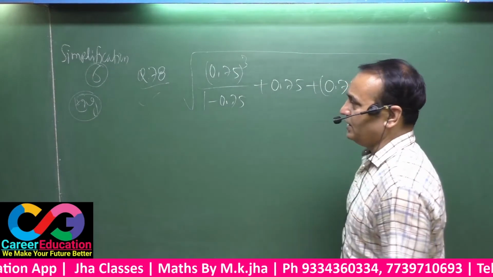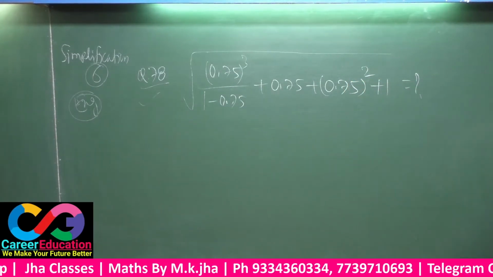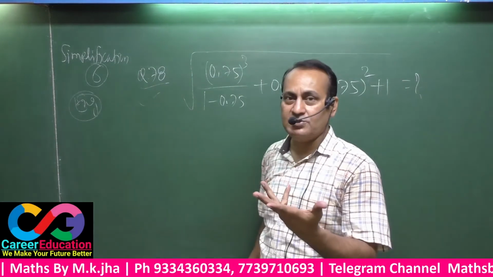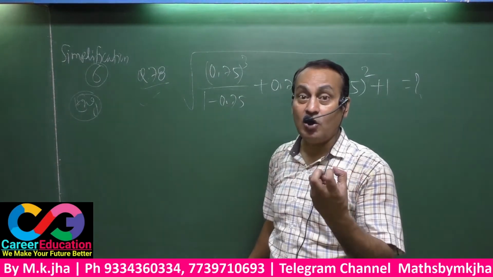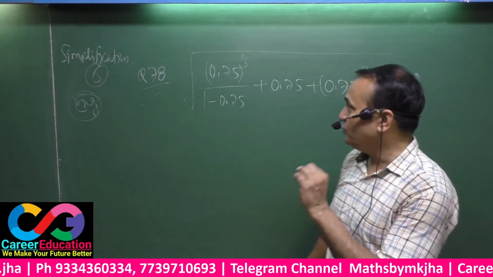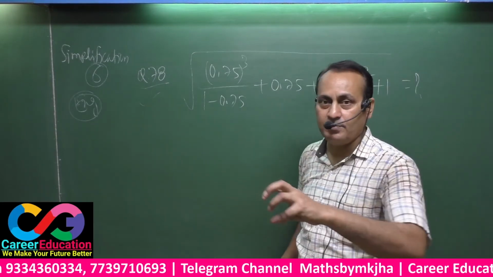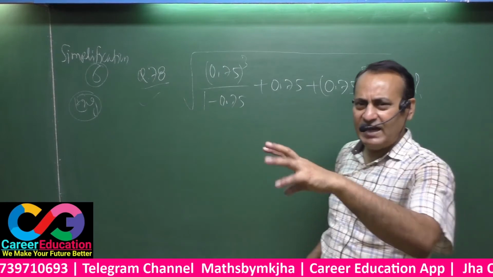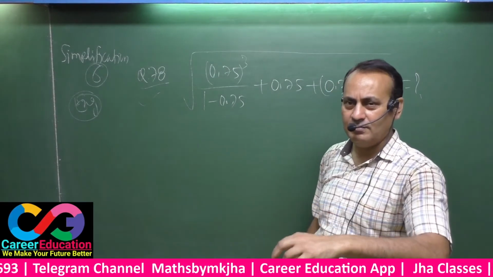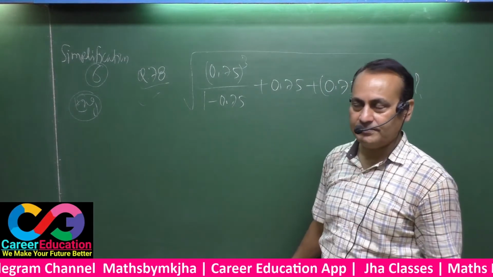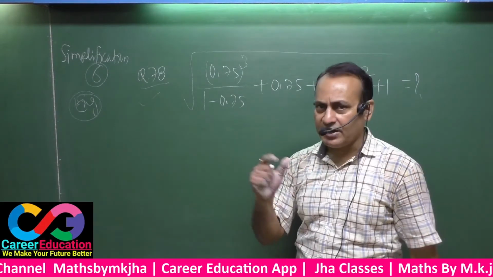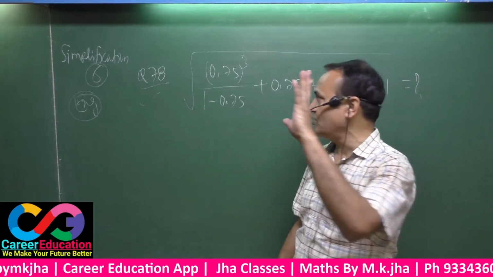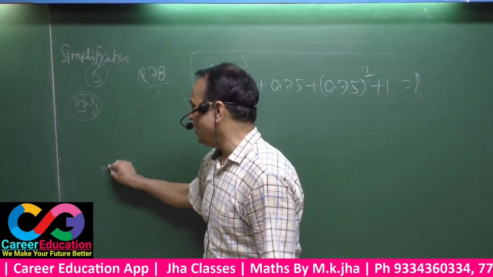See here, the question is very easy, you can say, but if you calculate thinking it very easy, your time will be killed a lot, as you will have to point out the value of 0.75 whole cube, 0.75 whole square, then LCM, a very difficult situation. If you apply some technical brain here, the question will be much easier as far as calculation is concerned. For that you should adopt this way.